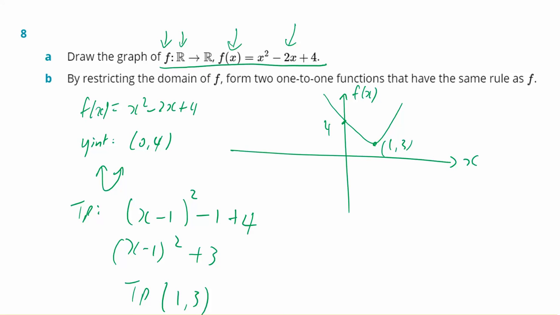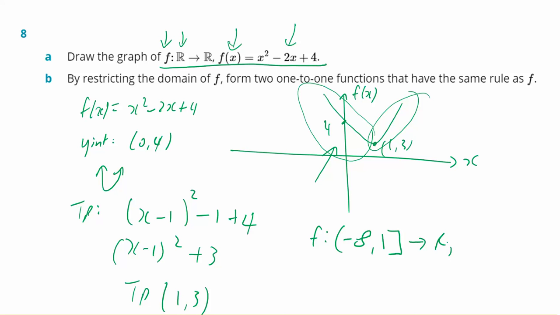That's your new label. Okay, we want to form two one-to-one functions that have the same rule as f. So I can have this part and this part. I split the graph into two parts. Now I can define it. So f such that the domain's no longer reals. For this part, the domain is negative infinity to 1, mapped into reals, with the rule f of x equals the same rule,